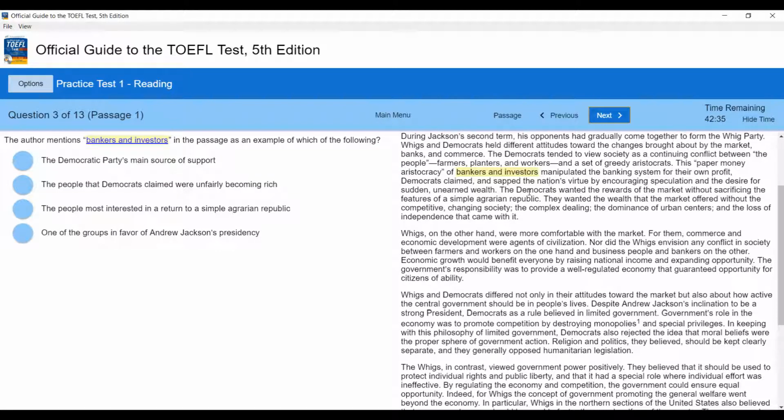So the Democrats here did not want this unfair system in place. And I would say not this one. And I would say, yeah, this one, the people that Democrats claimed were unfairly becoming rich. So unfair, I would say also this related to this manipulated banking system, and that they're taking